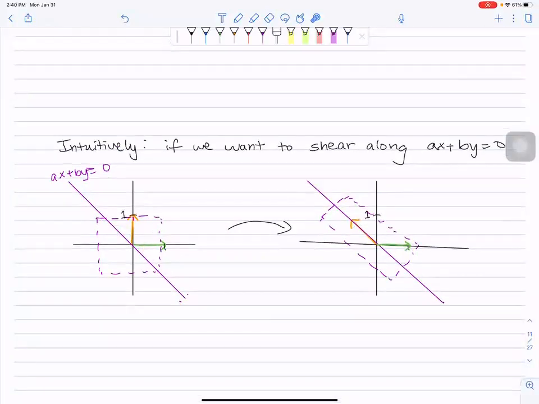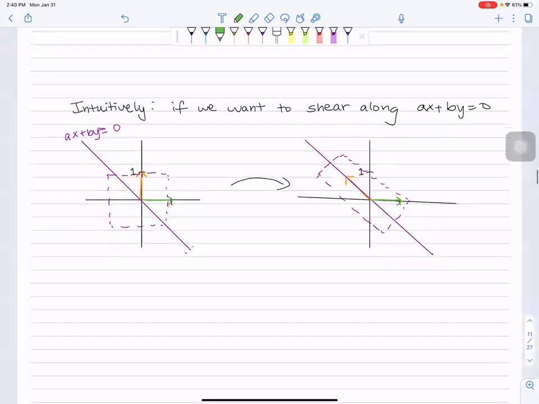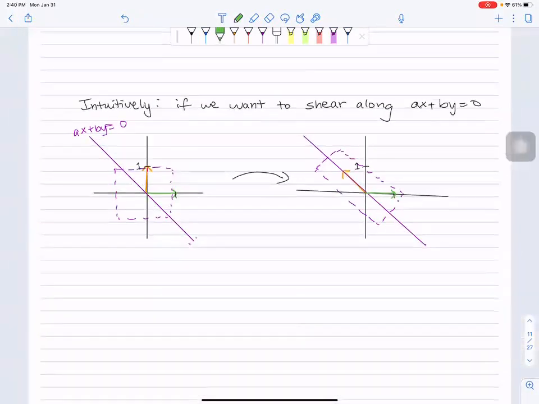Okay, so intuitively, let's go over how shearing would work. You've noticed a pattern that we keep saying: where does 1, 0 go? Where does 0, 1 go? And then you make your matrix. So it's always the same pattern. So for the green vector, we're sending 1, 0